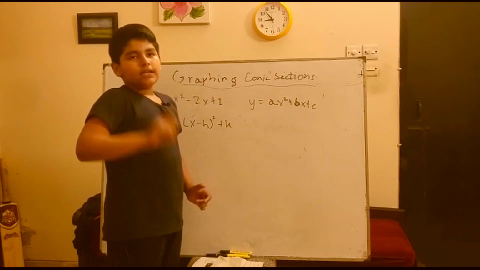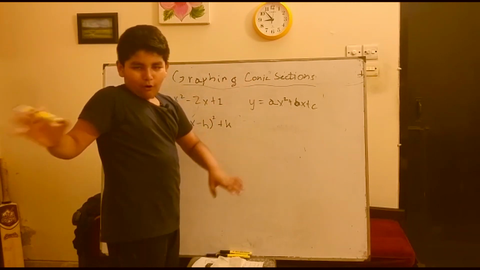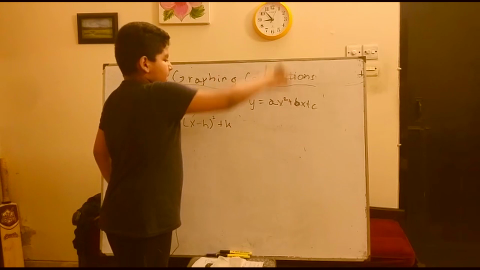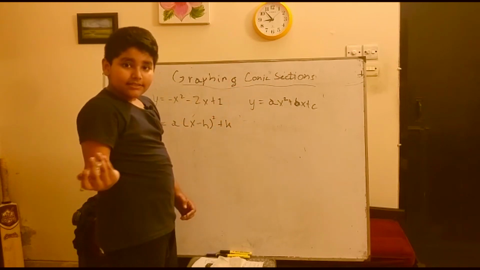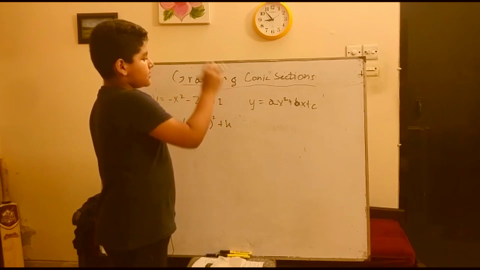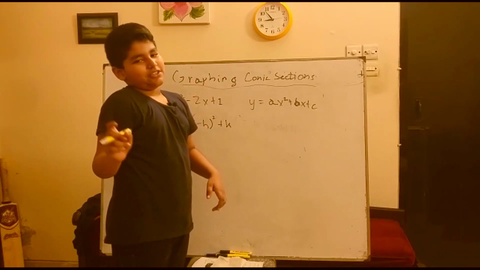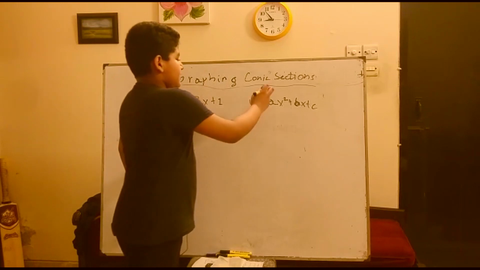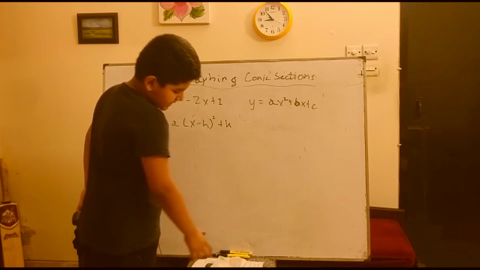No, you just have to derive it once in your entire life, hopefully. Then you just have to memorize it, practice it more and more, and then you don't need to derive it in every single question in your question paper. So a regular ax squared plus bx plus c,